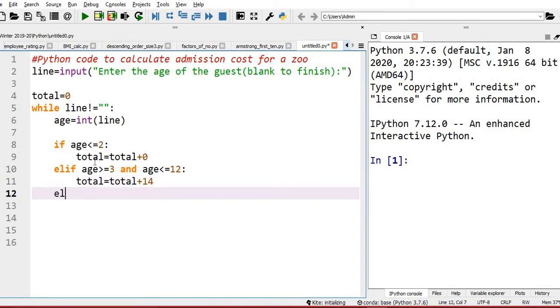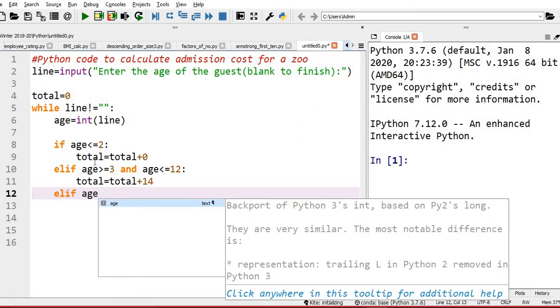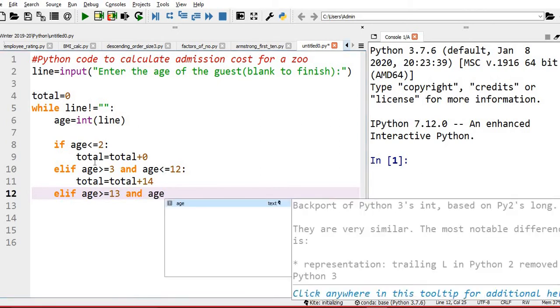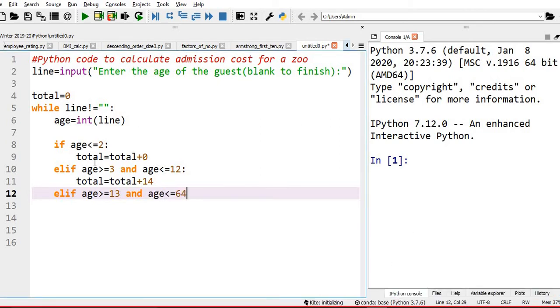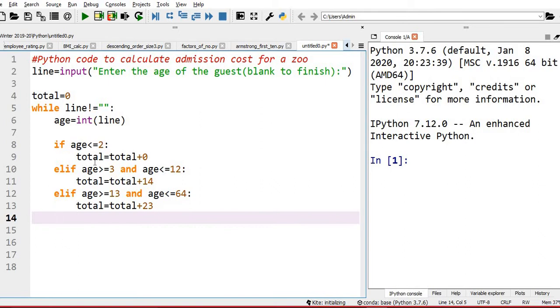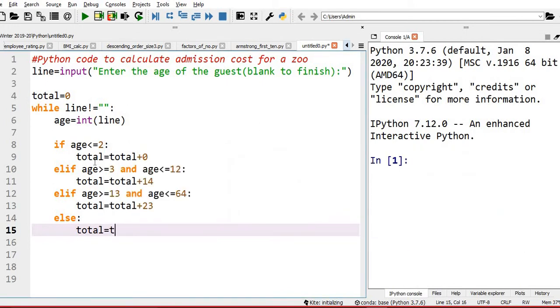Then elif age greater than or equal to 13 and age less than or equal to 64, total is equal to total plus $23. The last condition, else: total is equal to total plus $18, for seniors it is $18.